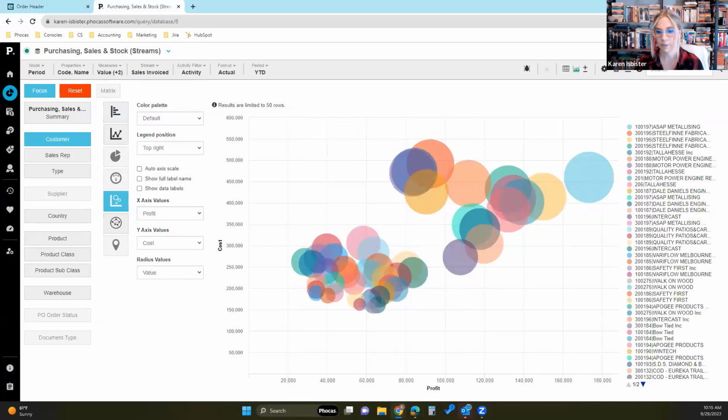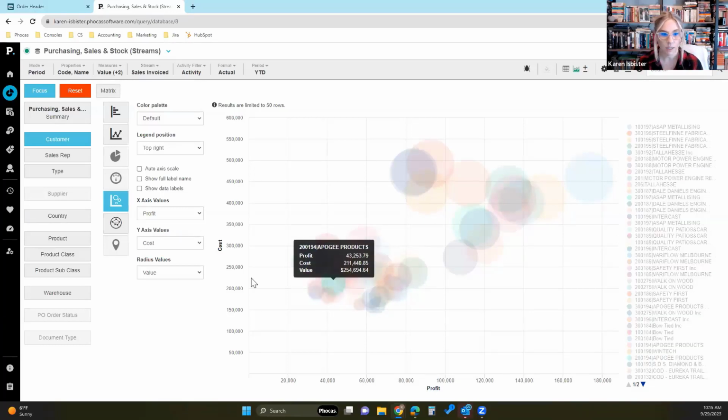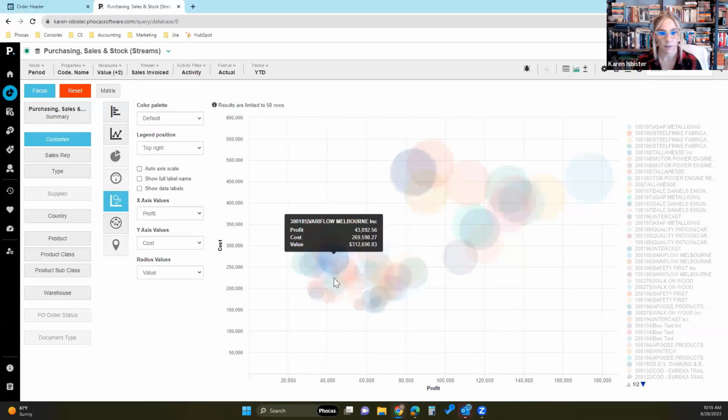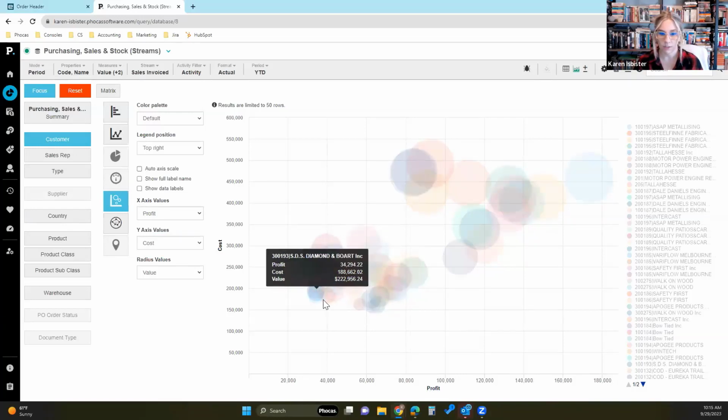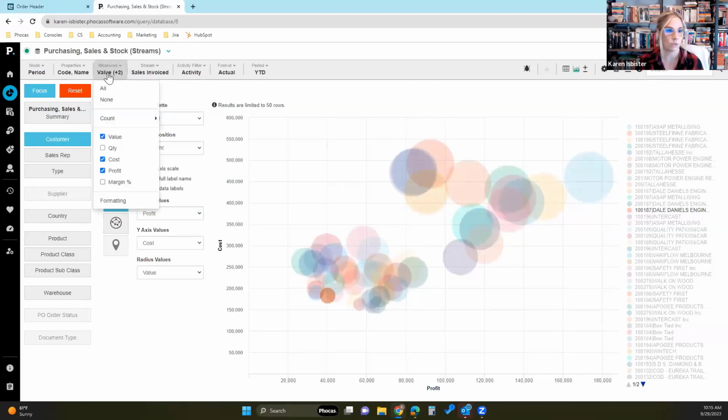Like that. I know this one's really underused, I think. So it's a pretty cool one to have a quick glance. And then you can look at your customers maybe down here and click on it and see, okay, they're the profit. We want the profit to be on the X. And I'm showing the profit's not very good. It's 40,000. Whereas this customer here, the profit is 119,000, or however you want to set it. You can also do, of course, the margin instead of profit, which then it'll throw off the numbers a little bit, or the bubbles a little bit where they sit, because you want to have the numbers kind of the same. So if you're looking at a percentage versus a dollar amount, it might not work as well. It's not as clean, but